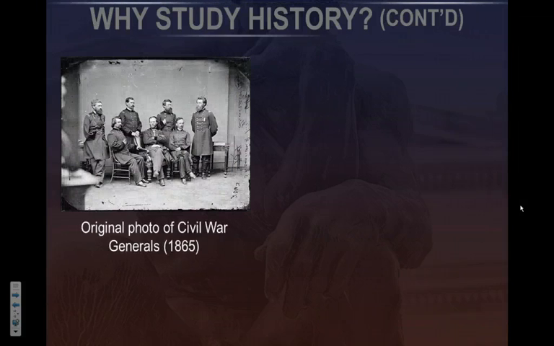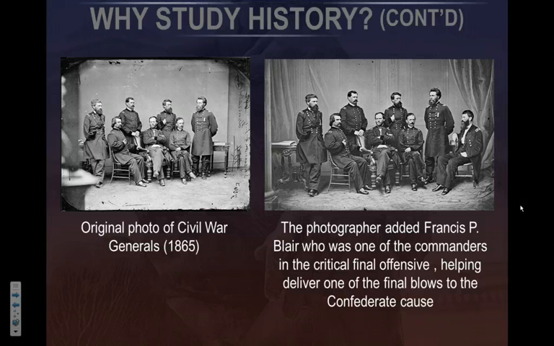Okay, so this is an original photo of the American Civil War generals in 1865. So photography is basically just first invented at this point. But unfortunately, some of the generals weren't there, okay? So later on, a photographer actually added some people into that. And this is before Photoshop, right? This was actually done with sort of like scissors and glue and things like that. So the actual addition, like for example, you see this man sitting in the chair here, is not in the original photograph, okay? So he was added in, as was this drape here.